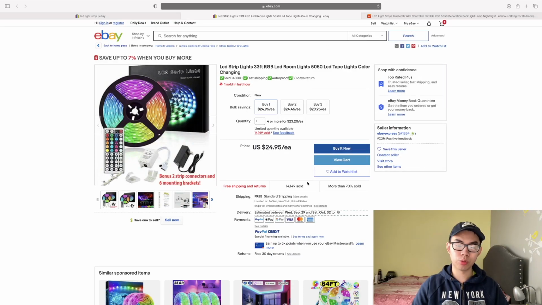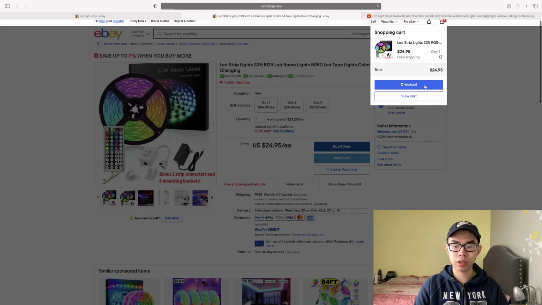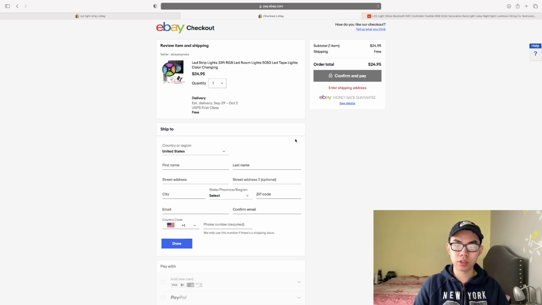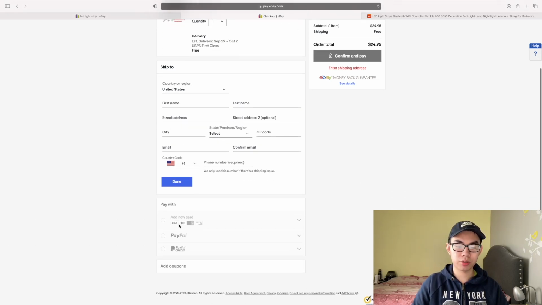So that is one other way to purchase on eBay. You can use guest accounts. You can also use guest accounts on different IP addresses. You can use Apple Pay and Google Pay to purchase. So if you go to checkout and we click buy it now, we can check out as a guest. When you click on this, you get to skip the entire login where you need to sign into your eBay account or create one, and you can go ahead and put in the ship address